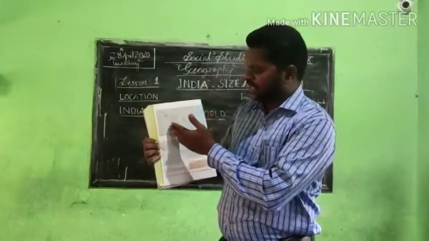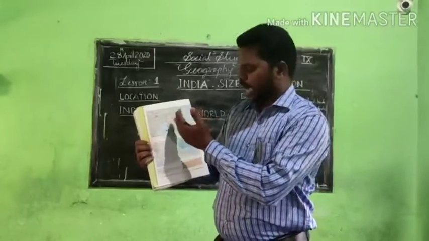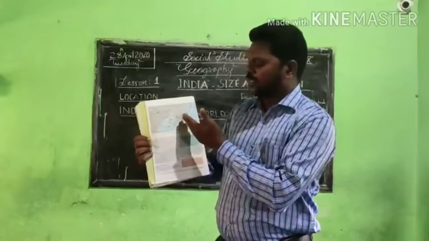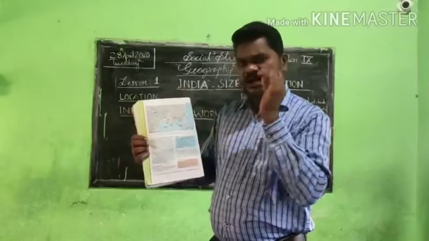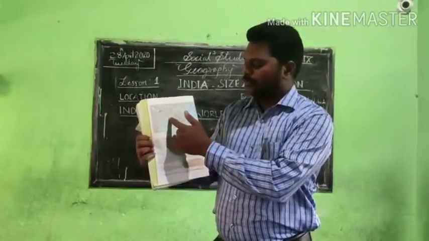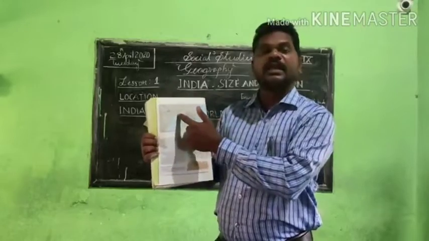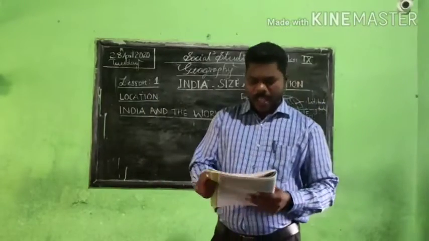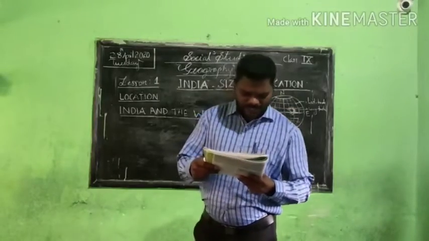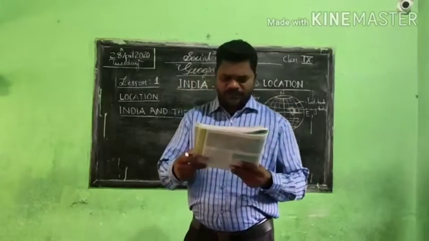On the western side is the Arabian Sea, and the eastern and southern part we can say is the Indian Ocean, and as we move towards the eastern side, we can understand very clearly that the Bay of Bengal is there. So we have very good coastal areas. When we move ahead, we again understand that India's contact with the world